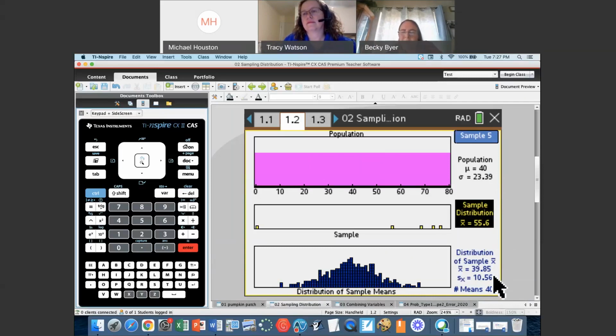How do you think the standard deviation for your population compares to the one below? Is there some math that we can do to calculate that out? And typically at this point, my students tell me it's about roughly half. They'll tell me that my distribution of sample means looks like it's roughly half that of the population. And that's a very typical answer.